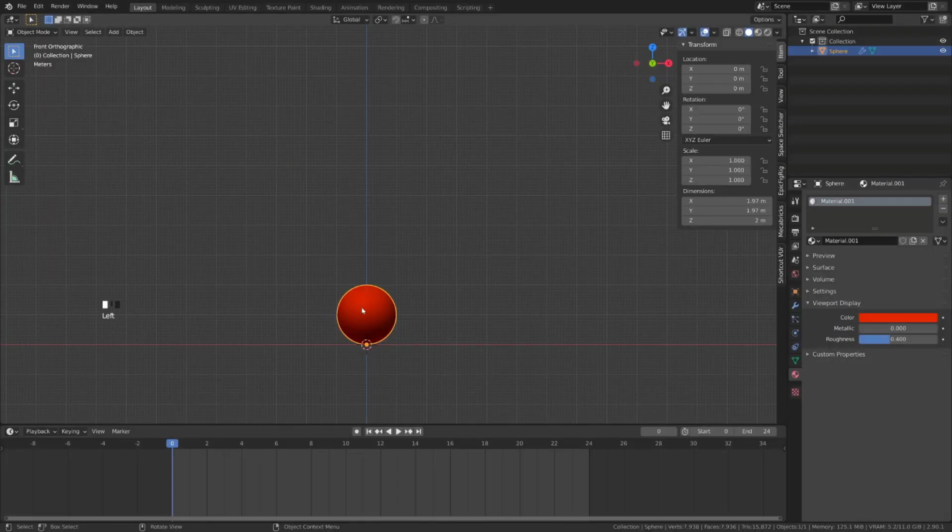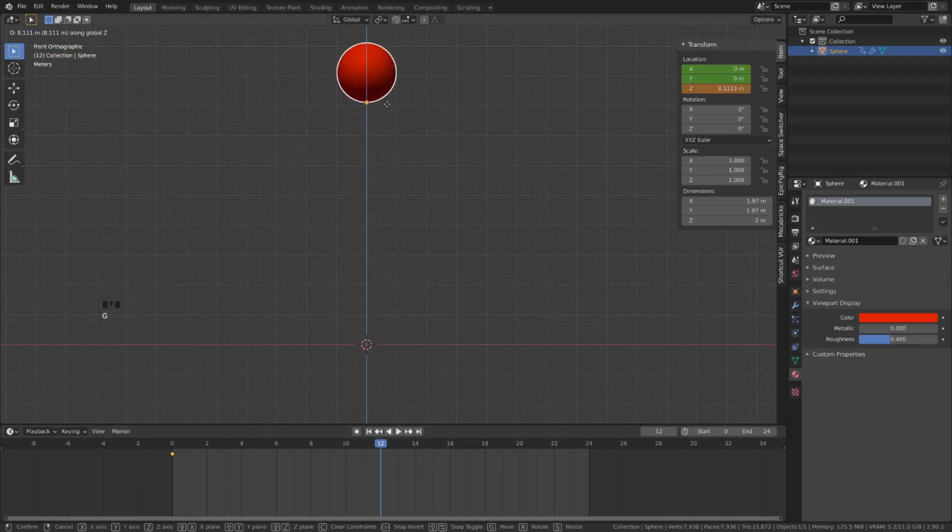So let's start our exercise on frame 0 and insert a keyframe. Let's move the playhead to frame 12 and then move our sphere or ball on the Z-axis by 8 meters. We can see that our transform channels have changed color. The X and Y have turned green, meaning that they have been keyframed previously and their values haven't changed. And the Z has turned orange, meaning that we have transformed the Z value, but it's not recorded yet. And this is a big